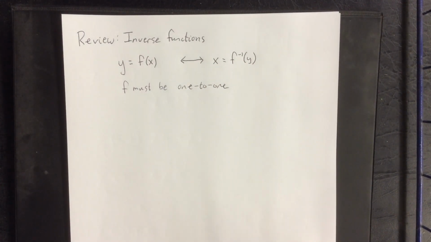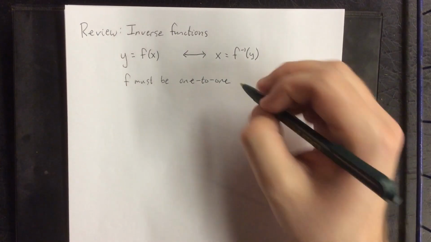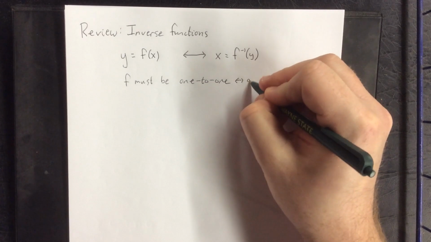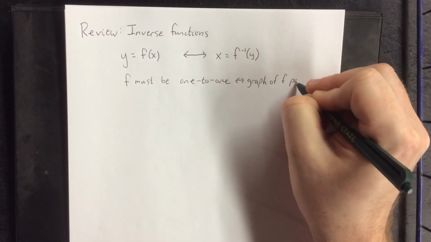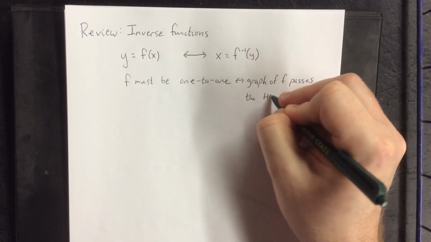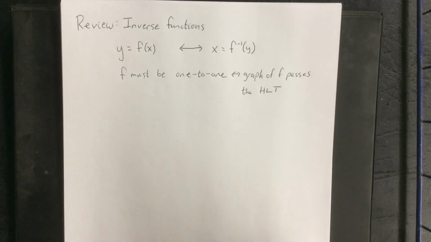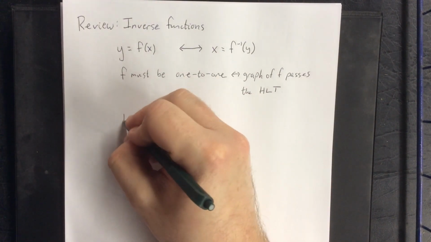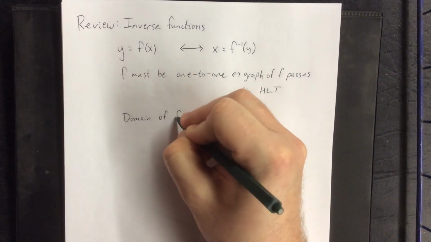Now, in order for an inverse function to exist, f must be a one-to-one function. And in order to be a one-to-one function, that means the graph of f passes the horizontal line test. A horizontal line cannot intersect the graph of the function more than once. Additionally,